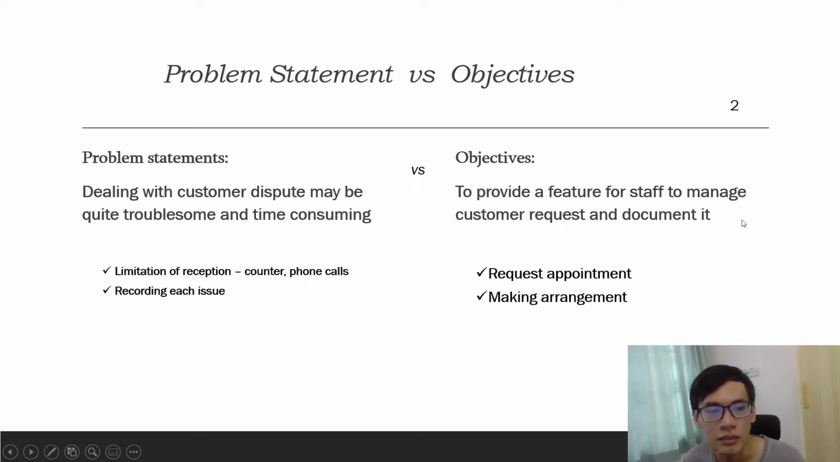So the second problem statement is that dealing with customer disputes may be quite troublesome and time consuming. There is a limitation on the physical reception area and the counter for the management office. The management also needs to handle phone calls and record each issue. So one of our main objectives is to provide a feature for staff to manage customer requests and to document